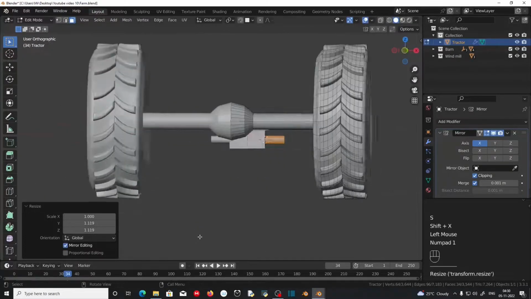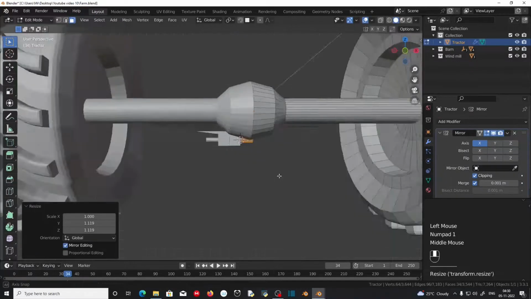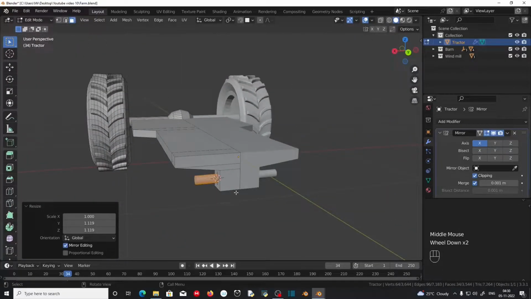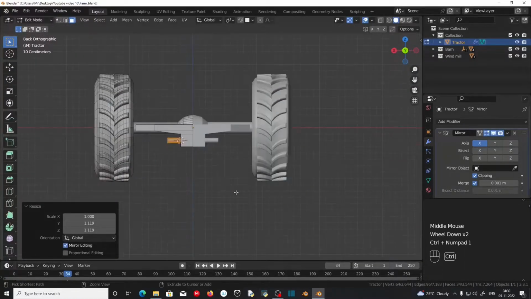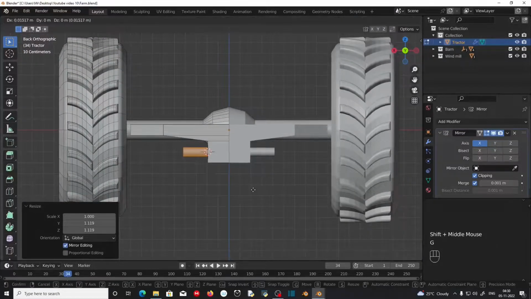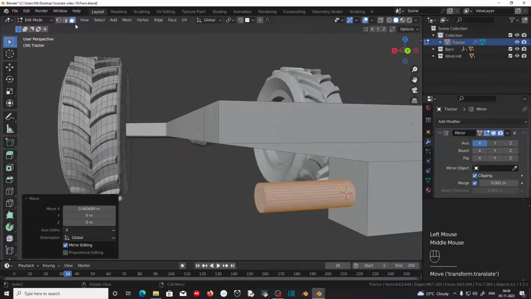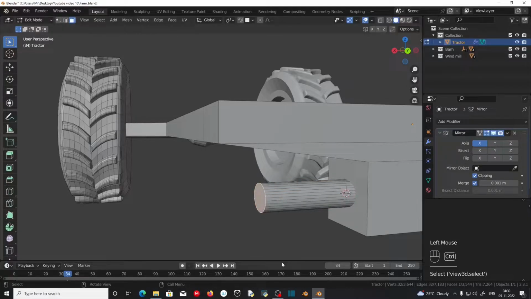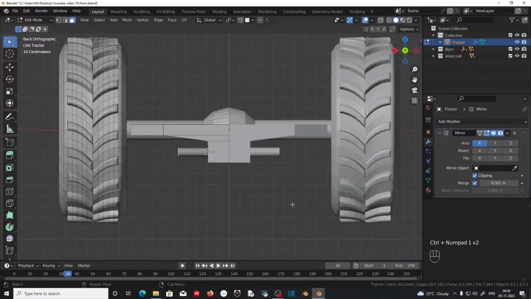Then go to front view using numpad 1. Then we need to go to the back view. So Control plus numpad 1 will go to back view, as you can see. Now G to move, X to move along the X axis and place it here. Now we need to go to face selection mode, select this face, Control plus 1 to go to back orthographic,